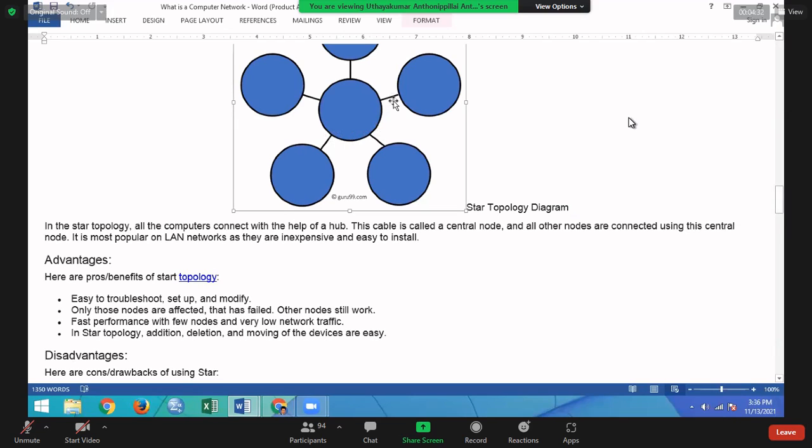So if anything goes wrong, we can go and check the particular cable, right? The rest of the cables are working perfectly and smoothly. No more disturbance throughout this problem, right? When the total network goes down, what is the reason for that? The problem is the server. We can simply find out that the problem comes from the server, right?